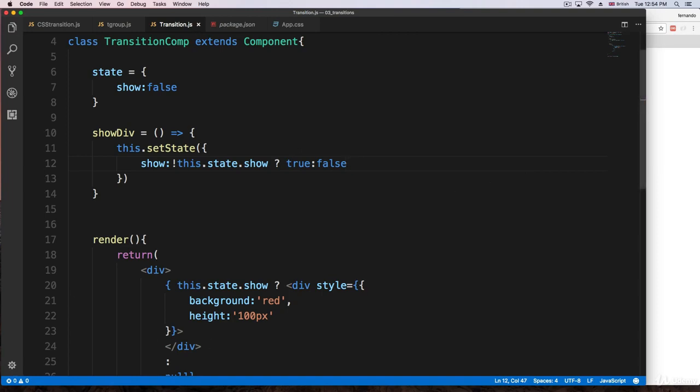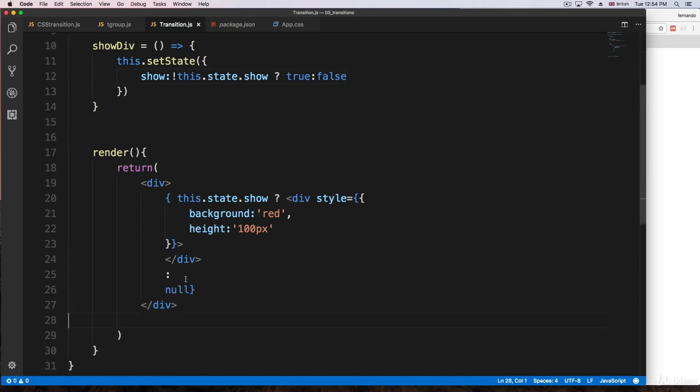So now we need to add the div that is going to be the button for this. I'm going to go right here at the bottom and say div, just a div, and this div is going to say show or hide, whatever, doesn't matter. I'm going to add a className of showDiv, something like that. And I'm going to add an onClick,